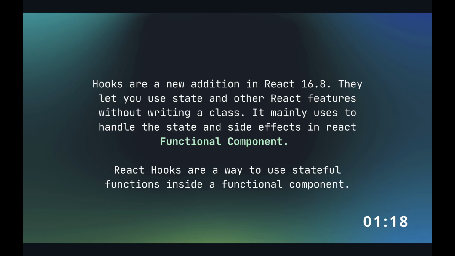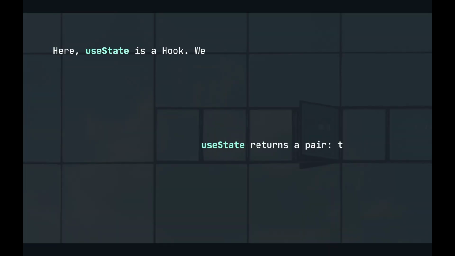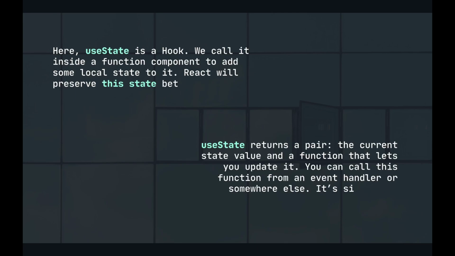The most important thing is that you can only use hooks inside of a functional component. You cannot use them in class components. So you must be using a functional component to use a hook, because classes already have their own way to do the same things that hooks do. When would I use a state hook? If you write a function component and realize you need to add some state to it, previously you had to convert it to a class. Now you can use a hook inside the existing function component, and we are going to do that right now.